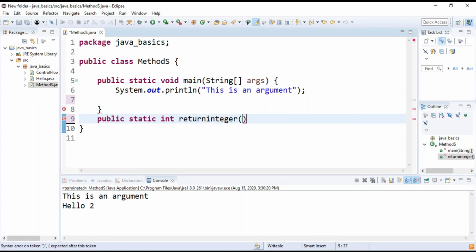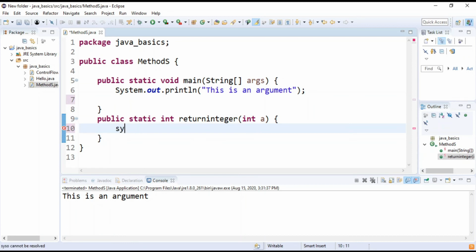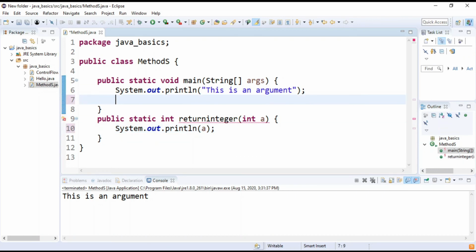We'll take an argument like int a. Now if I write sys out and write a, in main, let us call this method returnInteger(3), right?